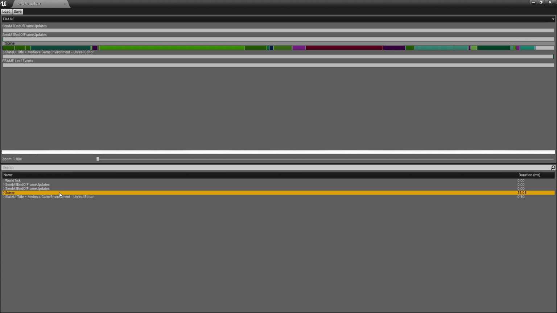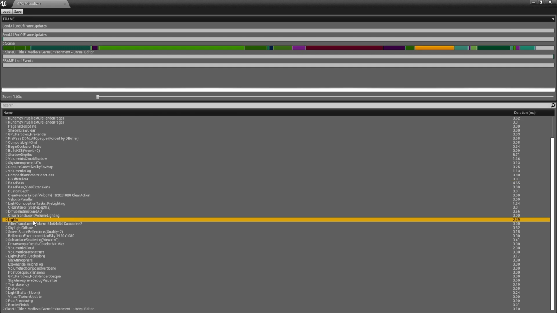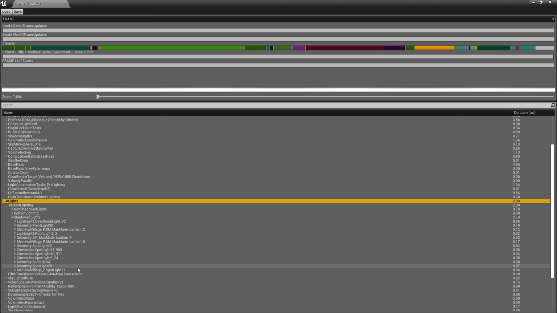The scene value here is how long it took to render the scene. I'll expand that value out, and we can see the major passes here. I want to expand lights, and here I can see shadowed and non-shadow casting dynamic lights that are affecting this frame. Wow, almost all of those lights are the more expensive shadow casters. I can expand the shadowed light section a bit further, and it will show me each light and how long each light took to render shadows for. I can even double click on the lights to select them in the scene.